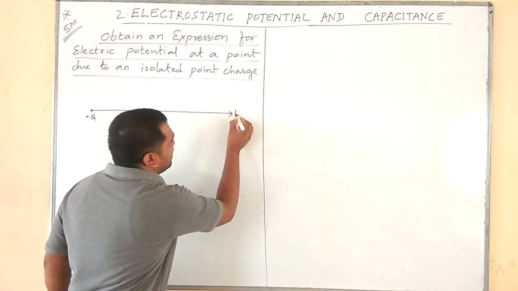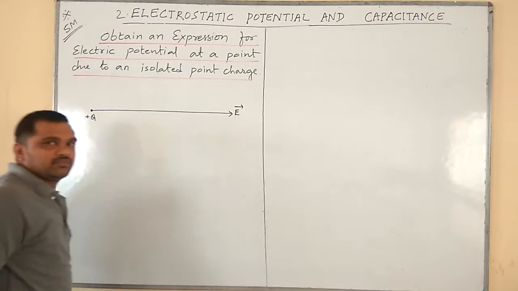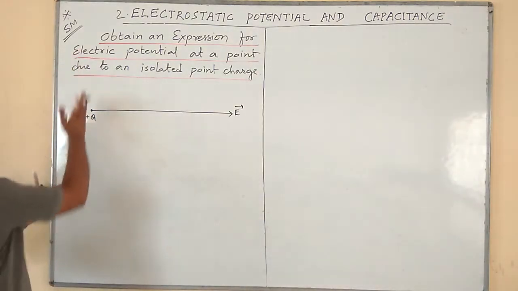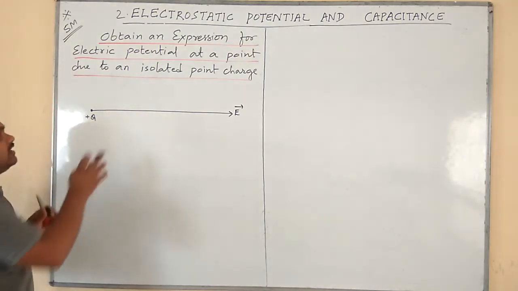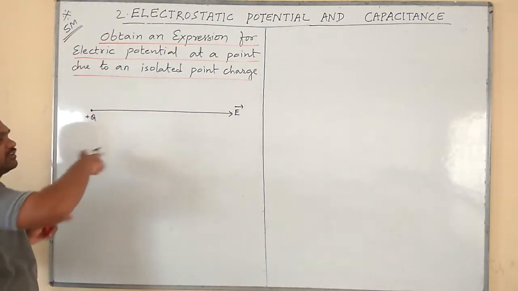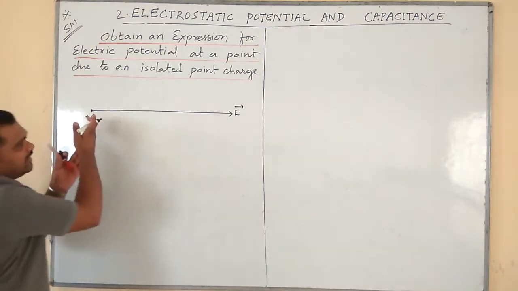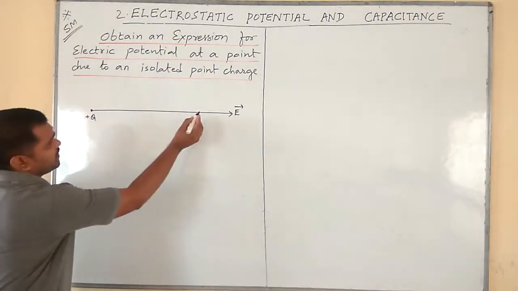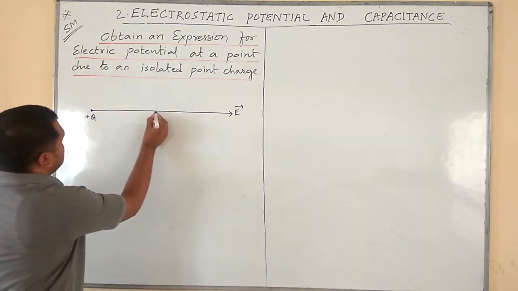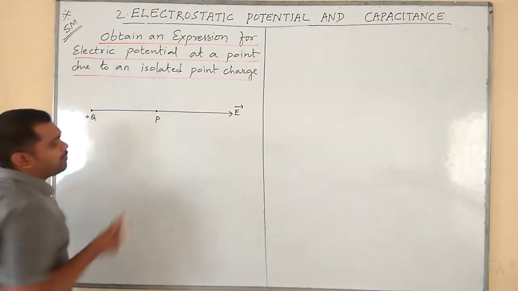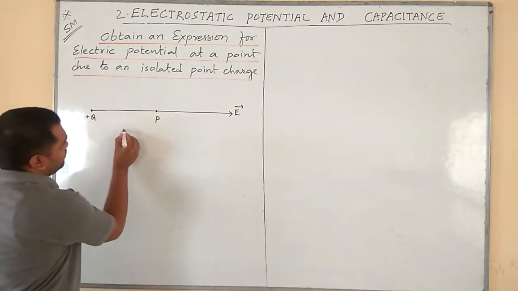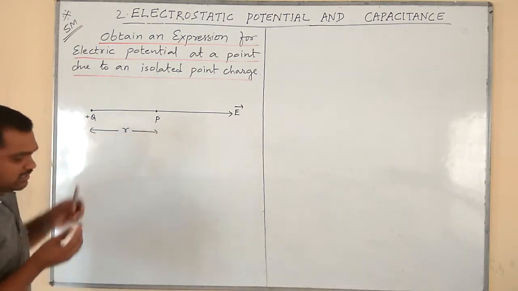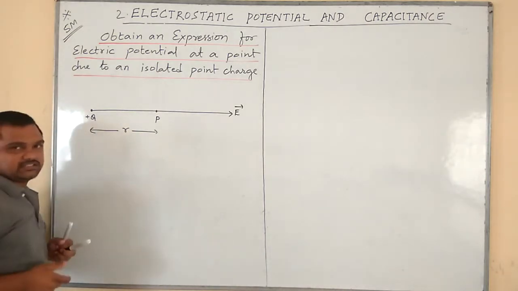which is radially outwards. Why I am saying radially outwards: if we take all possible directions, the electric field will be outwards, so we can imagine a closed boundary in the form of a sphere. Now, let P be a point at a distance of some small r from this positive charge, which is also called the source charge.